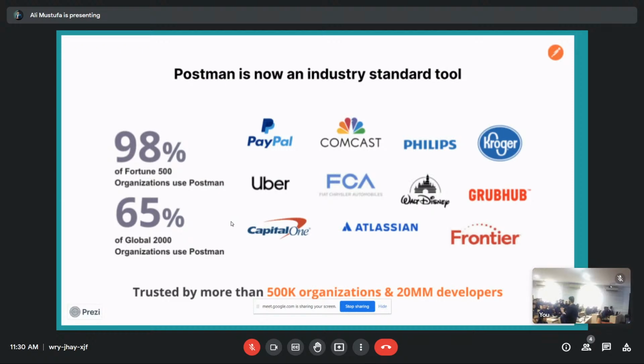And that's why we are here. Why we are here? We are here to certify ourselves and be like, okay, I am an API fundamentals expert. Okay, so you trust me and trust my certification, and I have the knowledge which it takes to be an API expert. Okay, fundamentals expert. So we have 3 levels of certification. This is the first level which we are talking about today and doing it, and then probably we'll follow it up with multiple different levels as needed. So yeah, that's about Postman.